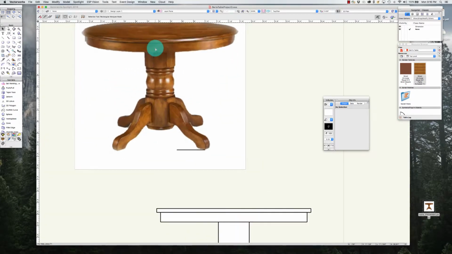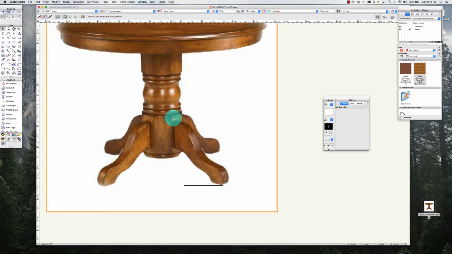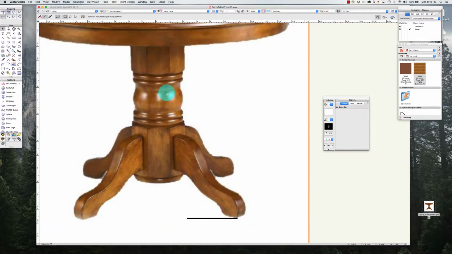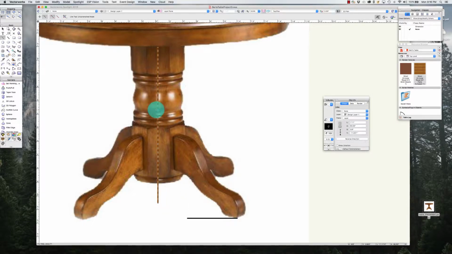So bear with me. So the pedestal appears to be at least symmetrical. It's symmetrical left and right, and it also is probably symmetrical-ish top and bottom, except that the top of this is cut off by the top of the table. So what I'm going to do is try to strike the center here. I'm going to find the center of the column, which looks like it's right there, and draw a straight line down, holding down shift, so that I can only draw half of this